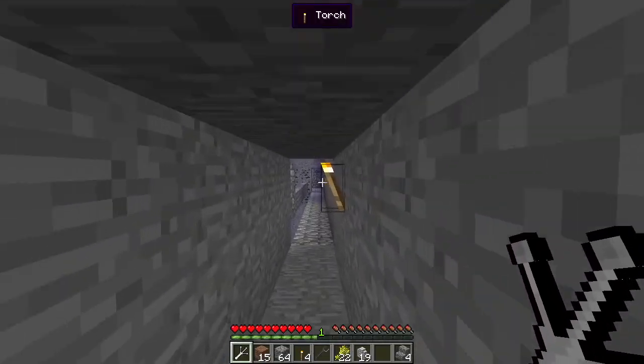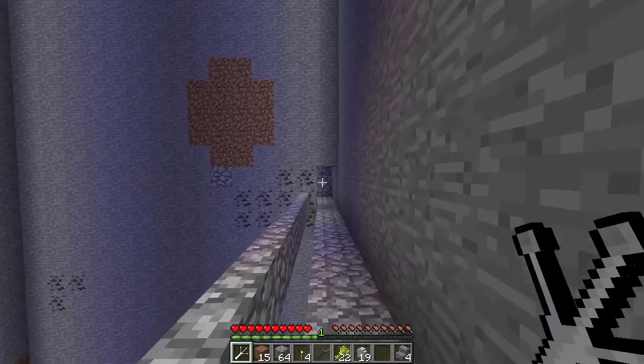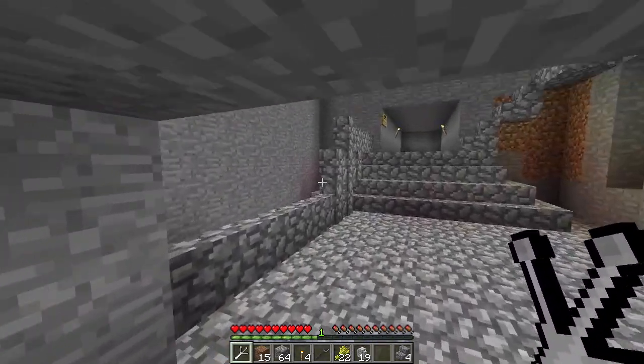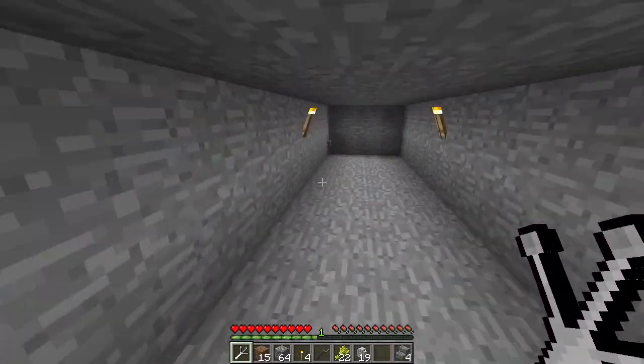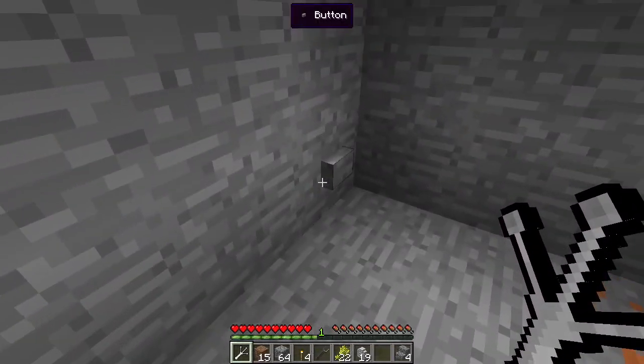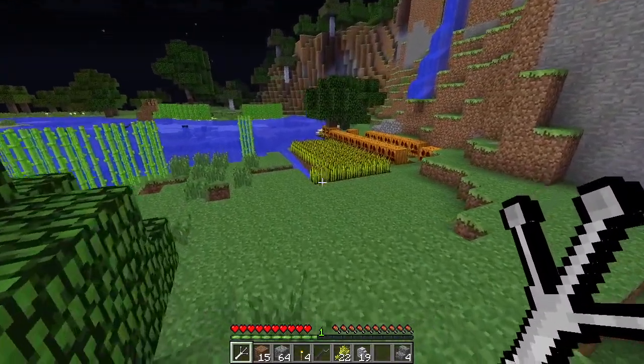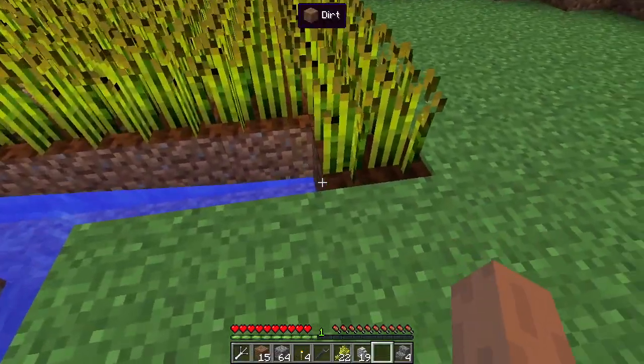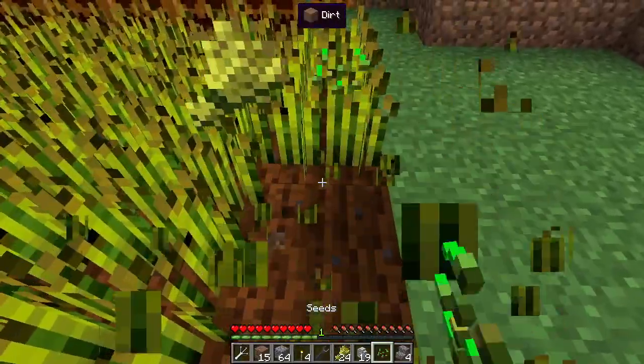So, in order to set up this automatic wheat farm, we have 3 things to do. We have to, first of all, tear down outside, and then we have to build up downstairs, and then we also have to program it. So, we're going to start tearing down, and I'm going to talk about this little interesting scenario that happened right